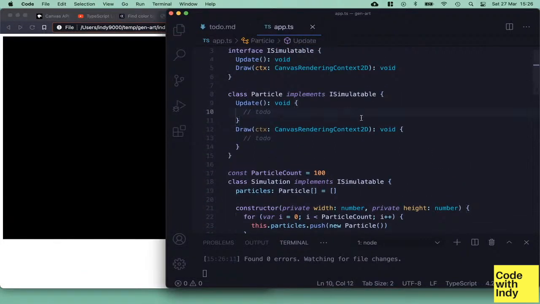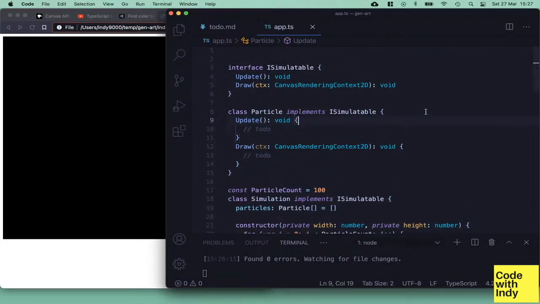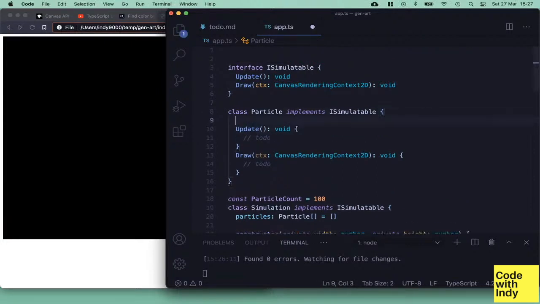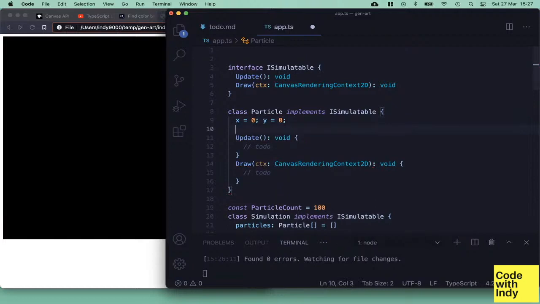Our particles are empty. They don't move, they don't have a color, they have nothing. So the next thing to do, let's give the particle some properties. So say x is 0, y is 0, and dx is 0.1, dy is 0.1. So what are these? x and y are the positions, and dx, dy you can call the velocity,